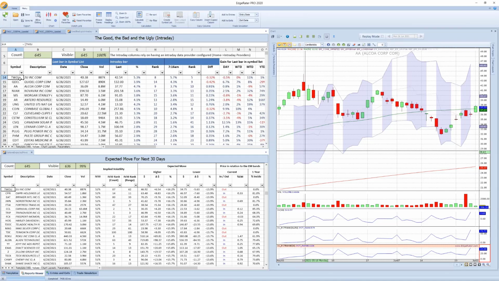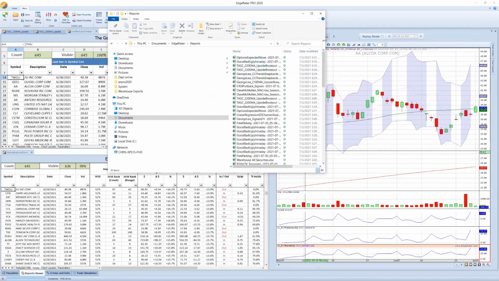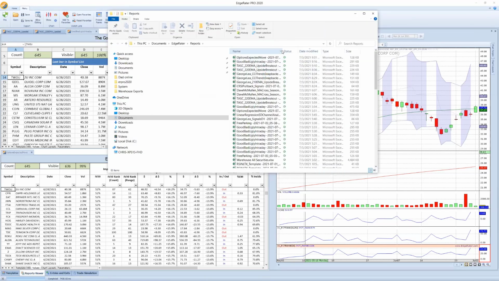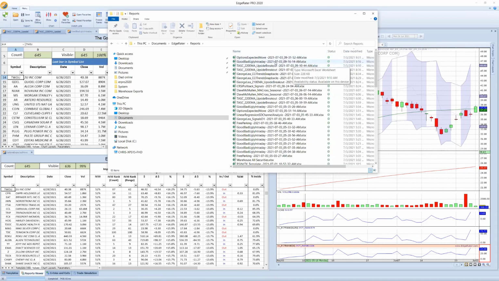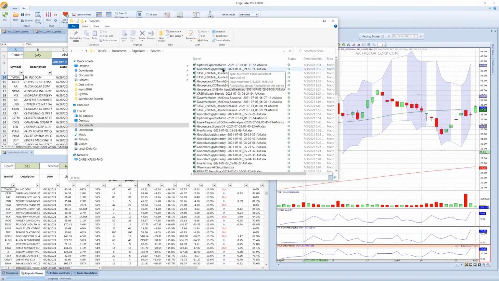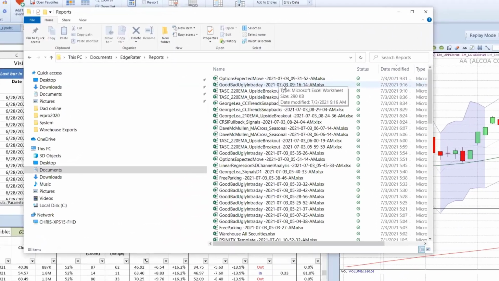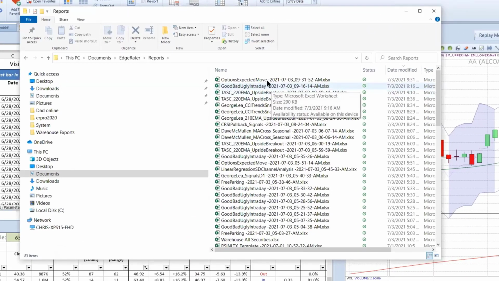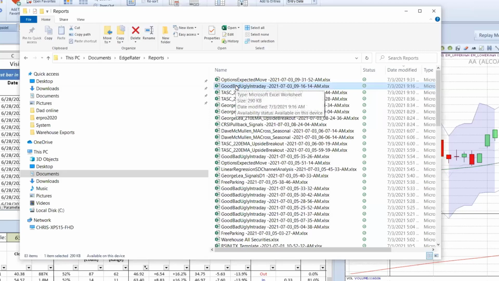Every report that you run in EdgeRater lives in your reports folder on your hard drive and is actually an Excel file, a true Microsoft Excel file, an XLSX file. So if you open up your reports folder and sort it by date, you'll find that the last templates you ran produced those reports. The last one I ran was options expected move, but the one before that was the good, bad, ugly intraday. If I open that up inside Excel,